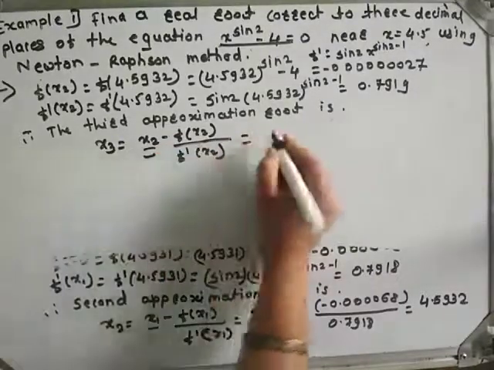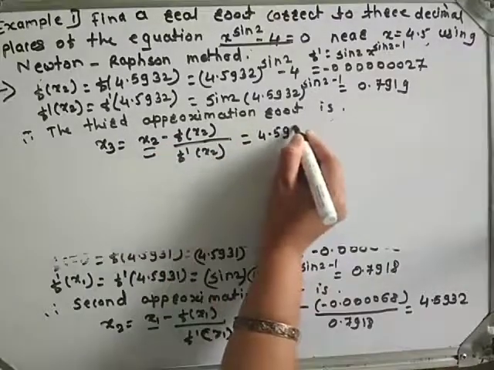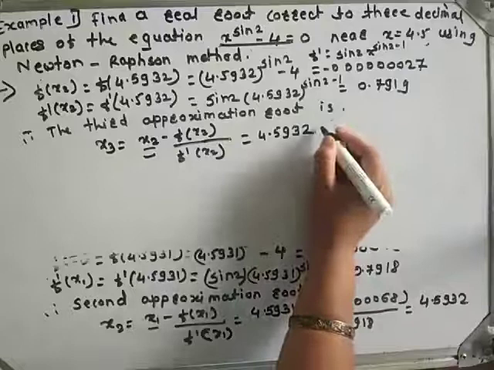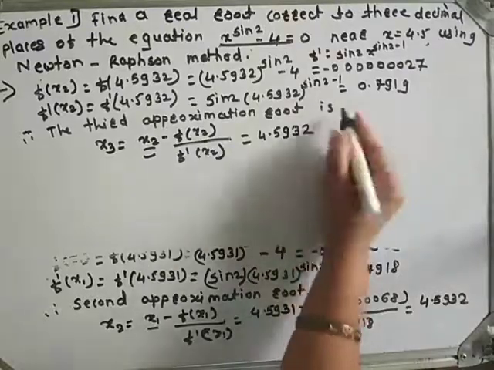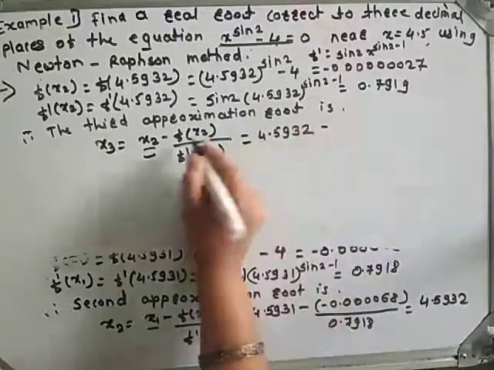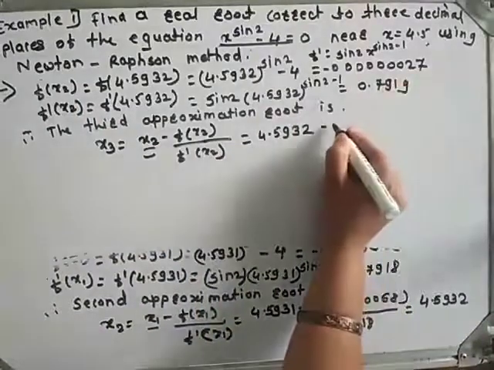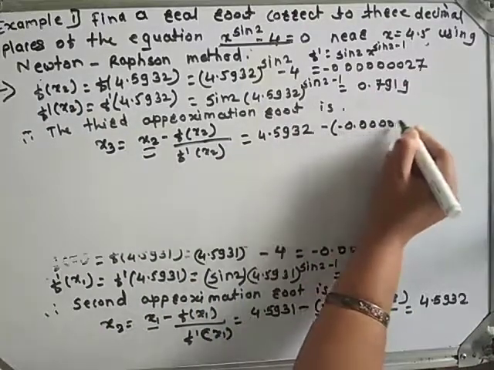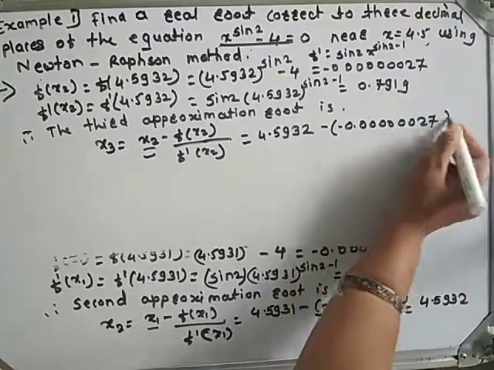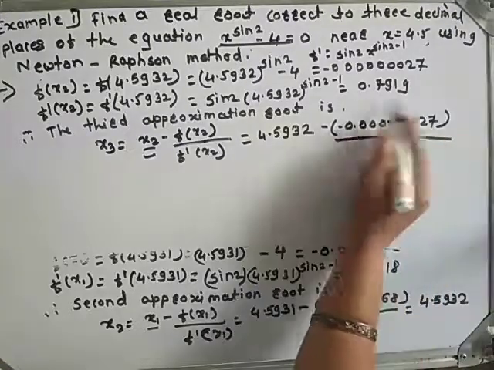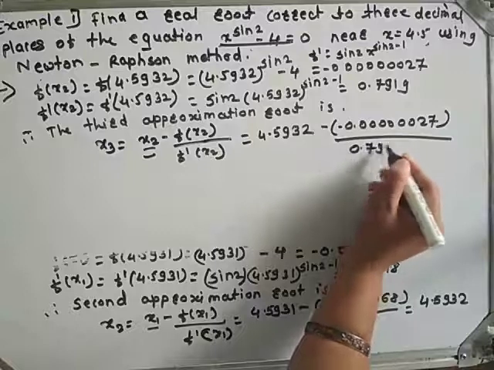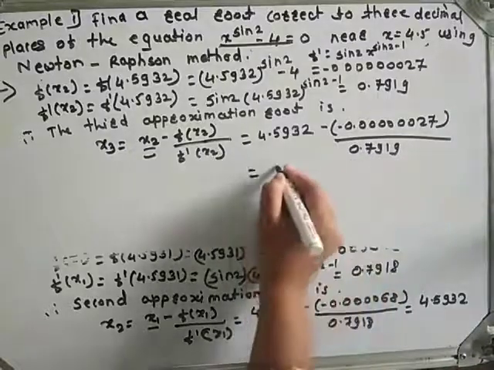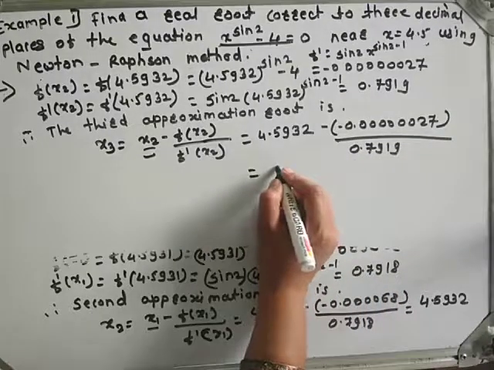Here x2 is 4.5932 minus f of x2. F of x2 is minus 0.00027 upon 0.7919. After calculating this on calculator, we get